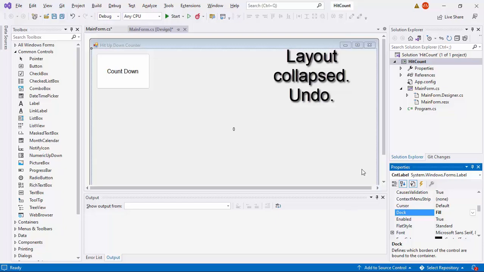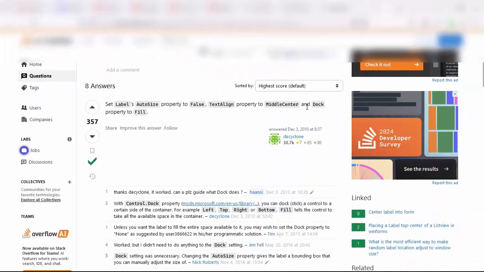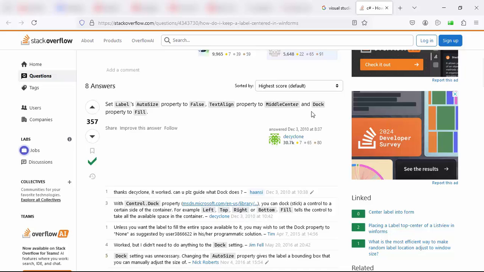All right. But we don't have to change the dock property to fill, because this will actually relay out the entire form, which is not the one we want to do now, because that is actually the slightest or smallest flavor of layout in Visual Studio. That is not what we want to do now.